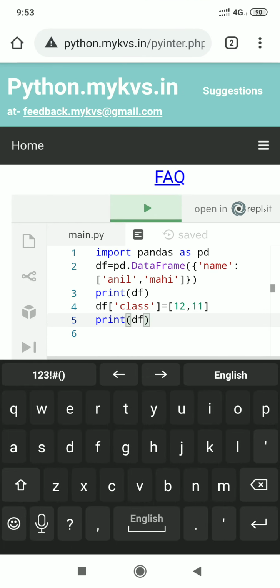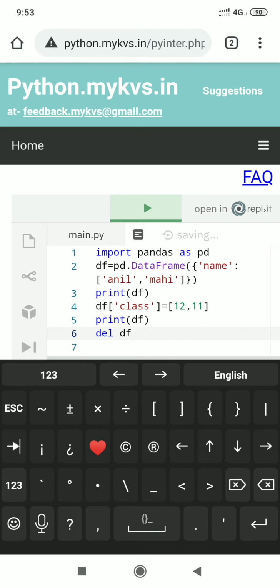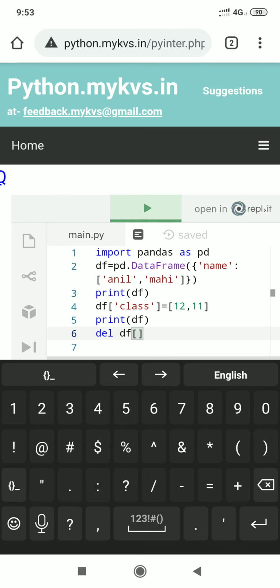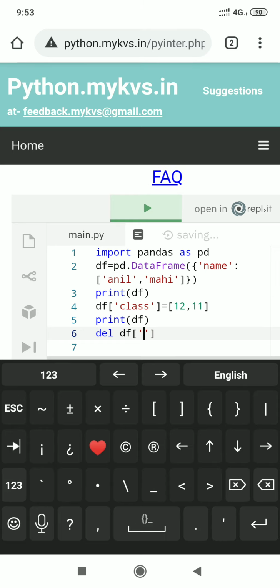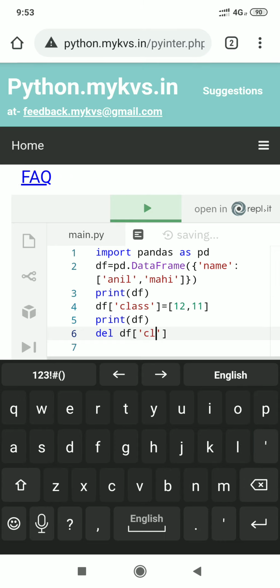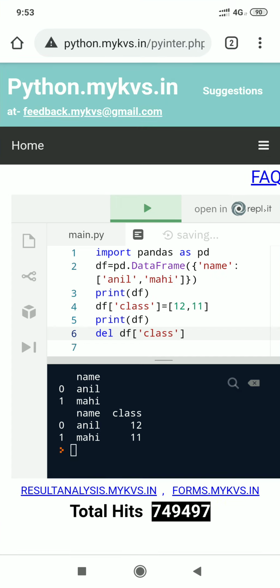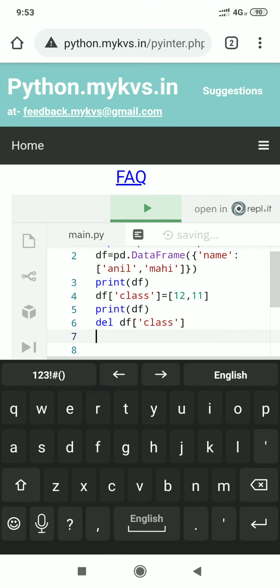Okay student, I make changes in this program. I write here del, then mention df of class. And now I display print df.